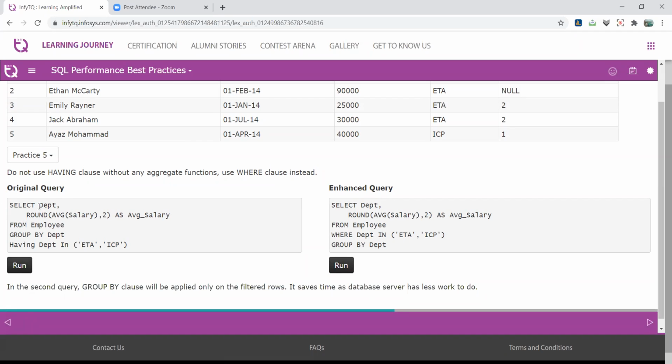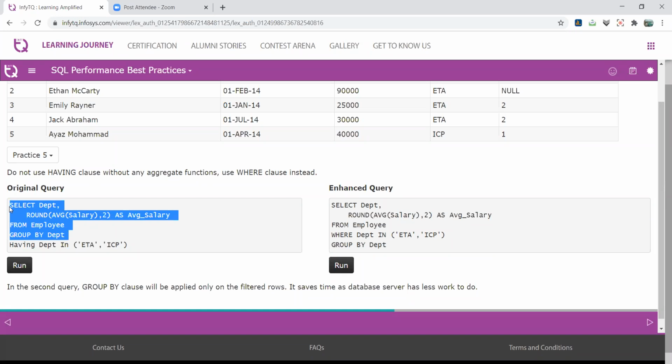SELECT DEPT. DEPT means department name, right? This is a non-group function, right? Okay. Now the second part, ROUND(AVG(salary), 2) as average salary. This is a group function, an aggregate function, and this is a non-aggregate function. So this is a root cause of error. So we use the GROUP BY statement. So this is a right query.